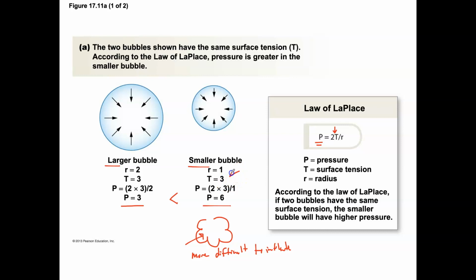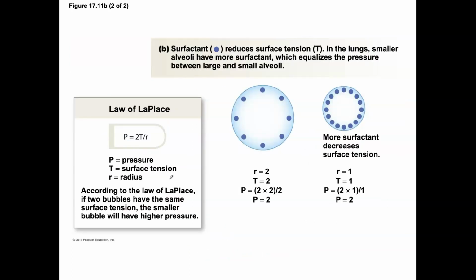So something needs to change in terms of the surface tension so that it's not as difficult for your respiratory system to inflate those small alveoli. So what our respiratory system does is it creates a secretion known as surfactant, so that we can reduce the surface tension within the smaller alveoli so that they'll actually inflate just like a larger alveolus. So in this scenario, if we introduce surfactant into the system, here we have the large alveolus,